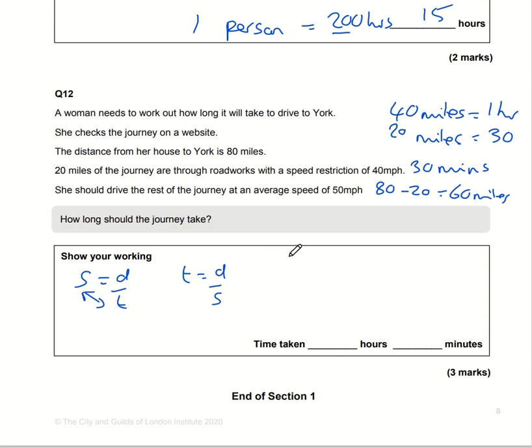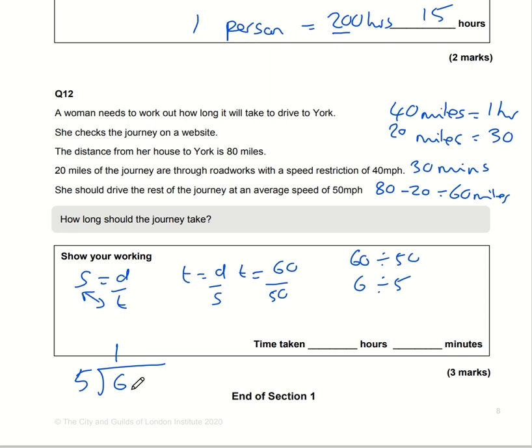So the distance is 60, and the speed is 50. So what is 60 divided by 50? Well, 60 divided by 50 is the same as 6 divided by 5. So how many 5s go into 6? 6 divided by 5 is 1 with a remainder of 1, but we would normally put a 1 on the